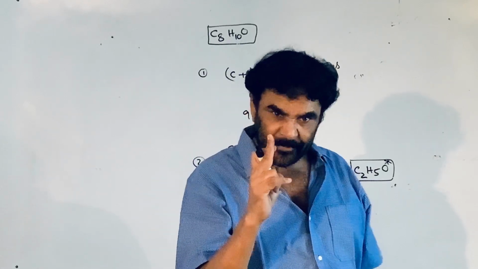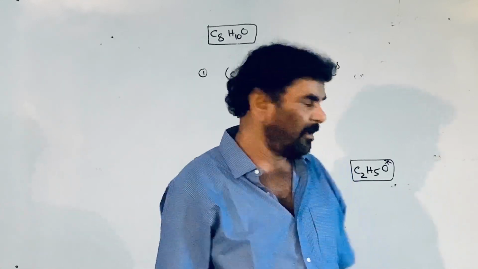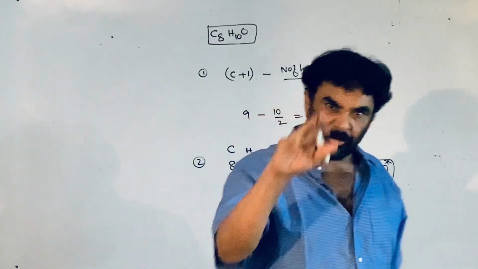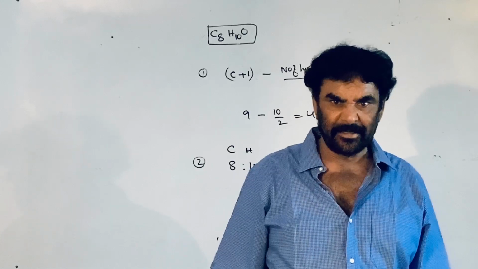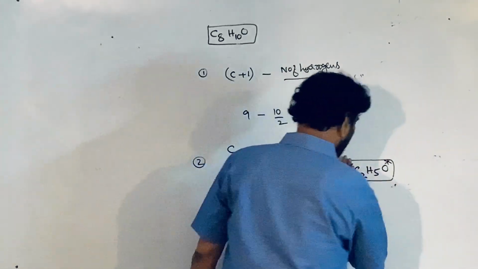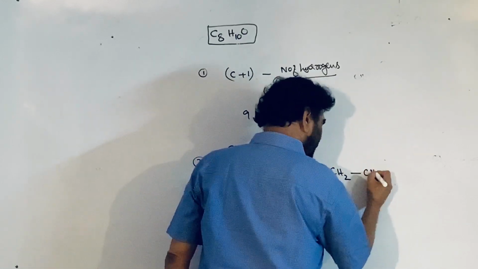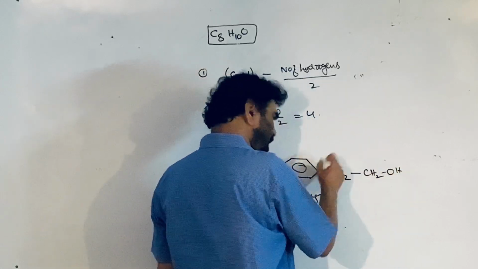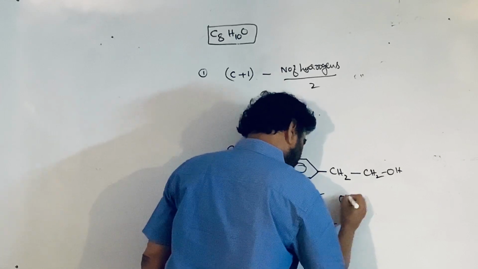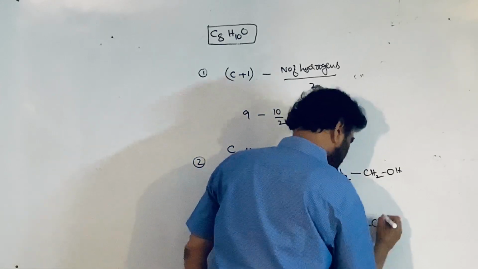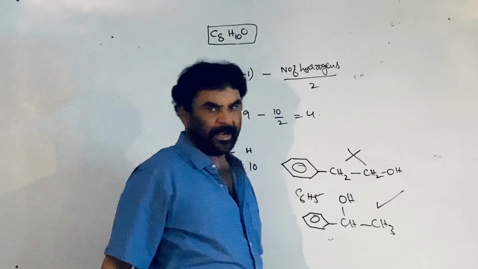So either it should be a methyl ketone or a secondary alcohol. Now there is no possibility of a carbonyl group, since a pi bond, a degree of unsaturation, is required, but it's a saturated part. Therefore it should be the phenyl group with CH(OH)CH3 here, and this gives the iodoform test, while CH2CH2OH is not giving the iodoform test.